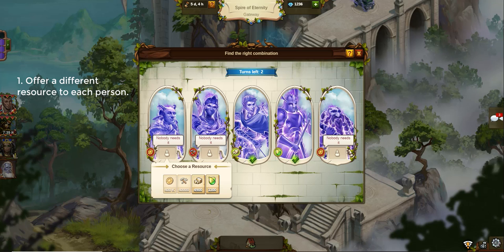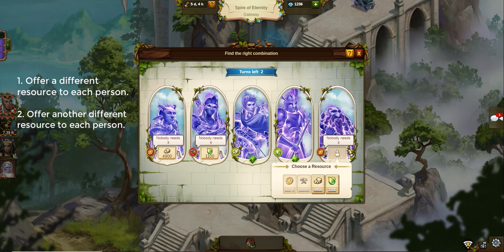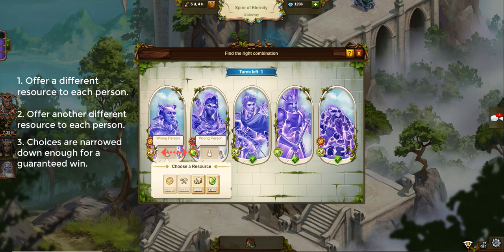Now I've managed to hit on 2 and discount 2 items. So I know the remaining 3 people are going to need these 2 items, okay? So I'm going to hit on, just start left to right, making sure that I'm not giving them the same thing that I gave them last time, and I'm going to hit offer. Alright, I made one more hit. I'm down 2 items, 2 people,